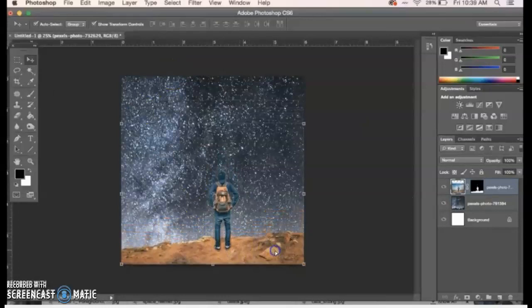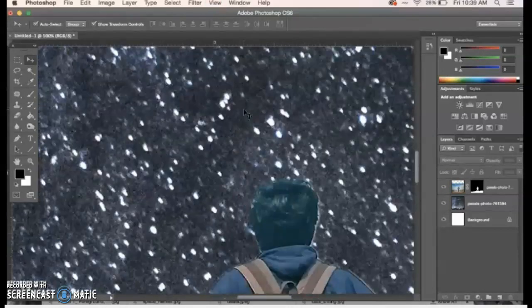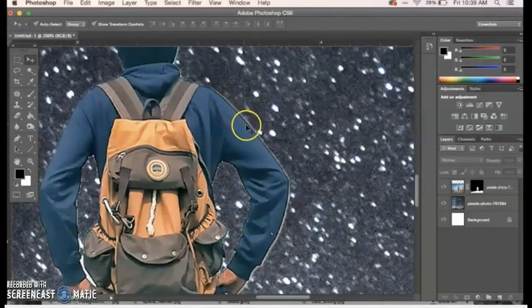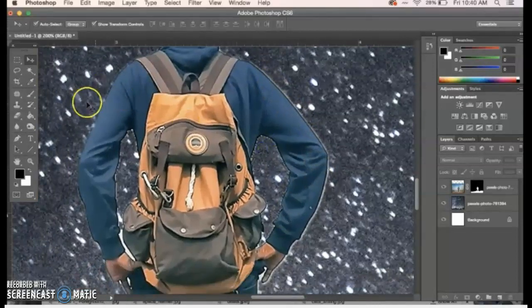Now I'm going to click back on my hiker and move him down below. I want to make sure that I don't see those. That's already looking pretty good. I'm noticing one thing. My hiker has kind of a weird halo around him, sort of a white outline around